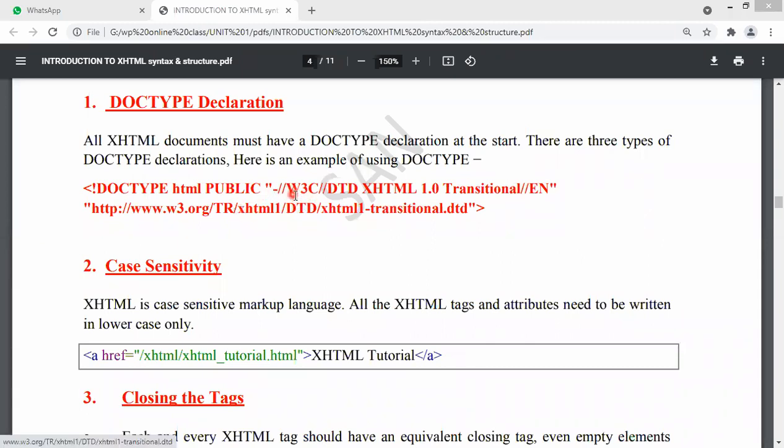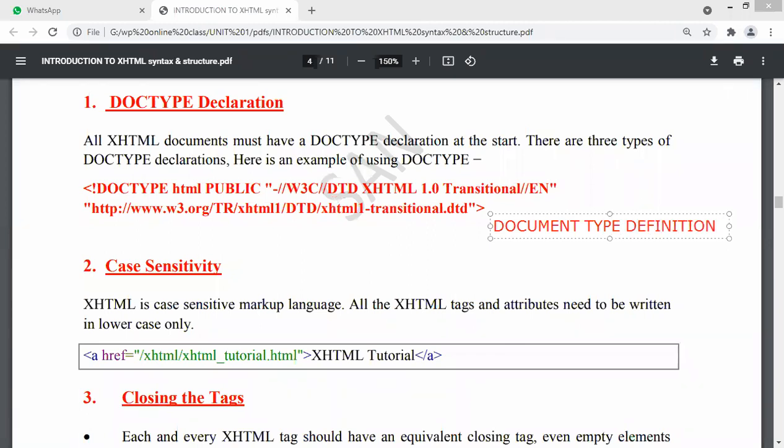XHTML was invented by the World Wide Web Consortium. What is DTD, guys? DTD you have to keep in mind. DTD means document type definition.